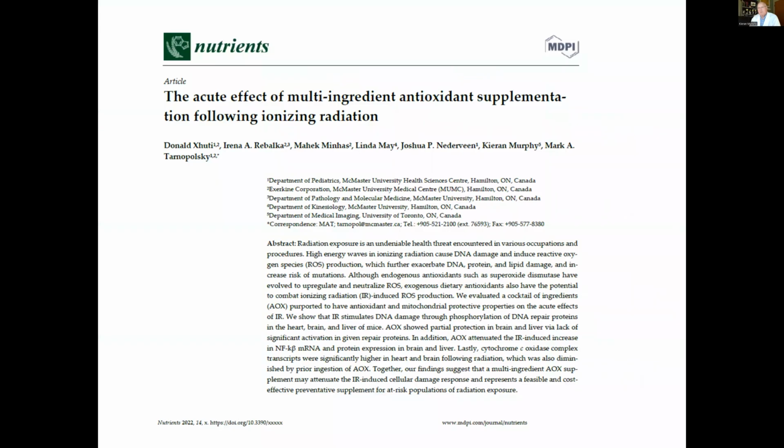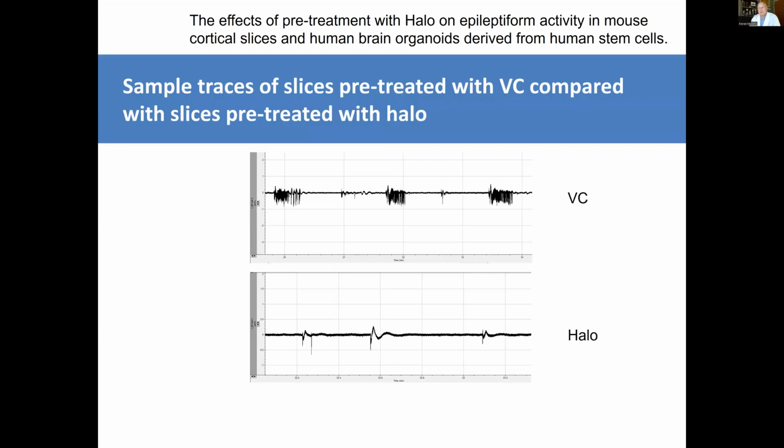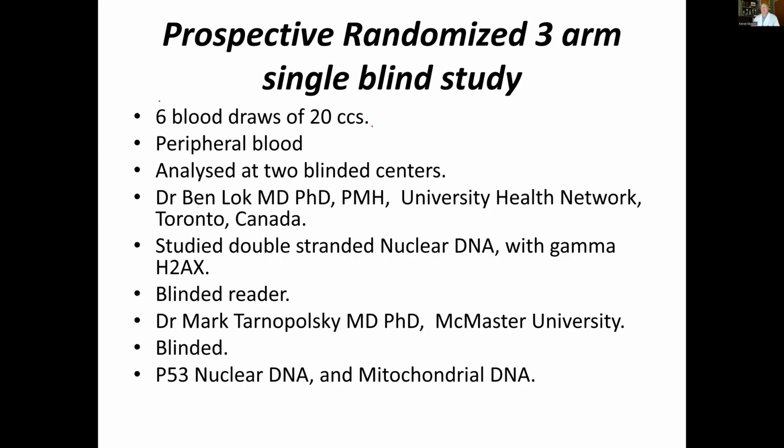We published more papers. We have 9 in total now showing this work. We've been able to show that we can protect cells against epileptic activity in brain organoids in a mouse and human model, and increase resistance to seizure activity. And that's really important. Finally, we did our ultimate study, which is a prospective randomized 3-arm study, blinded study in